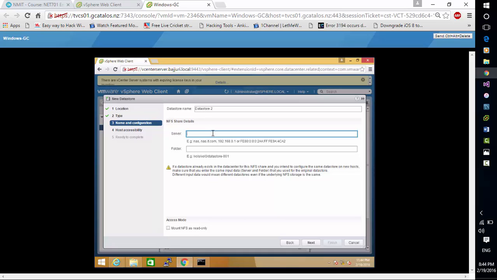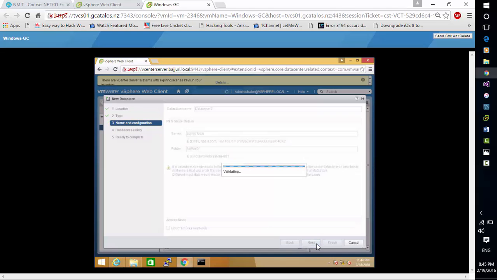give the server name over here, bajuri.local, and the folder like /wall. Give the path of your NFS like /wall/wall0, the wall 2 or wall 1, whatever path you have done, and select next